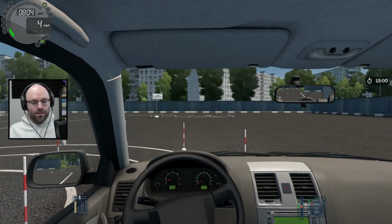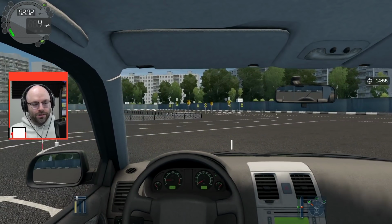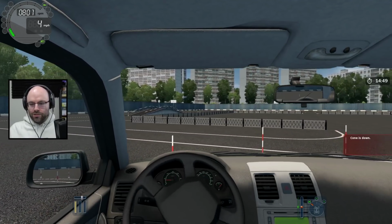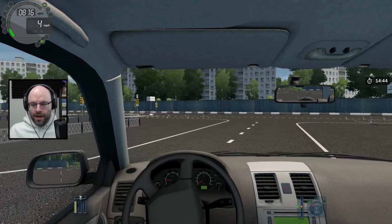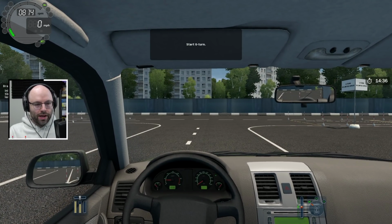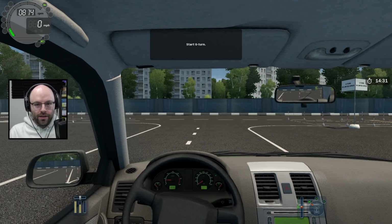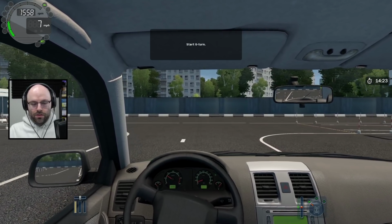Like in my first driving test, to get my learner's permit, somebody jaywalked in front of me, and I had to slam on the brakes. Let me adjust my sends here real quick. And it's like, if the instructor ever feels anxiety, then they can fail you. So the whole rest of the driving test, I was like, what's the point? I already failed. Then she passed me, which was nice, but...